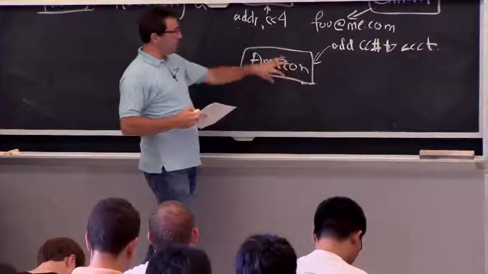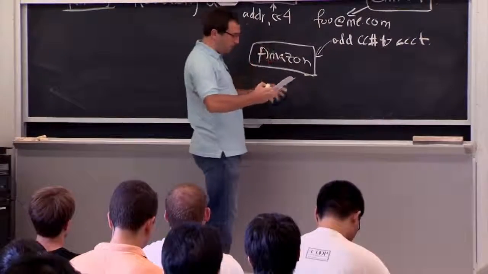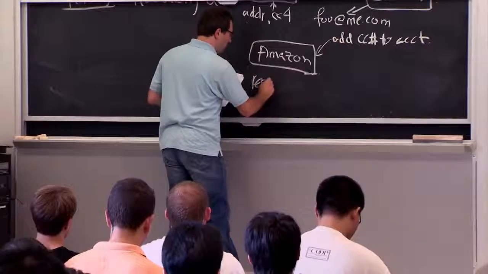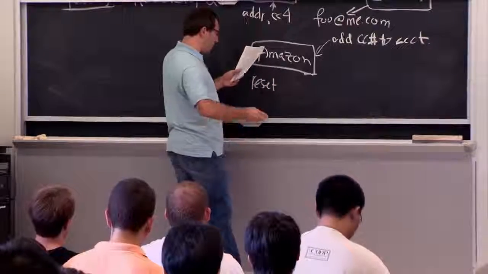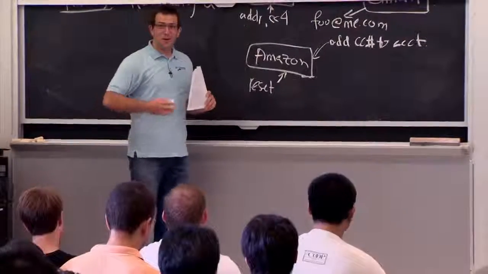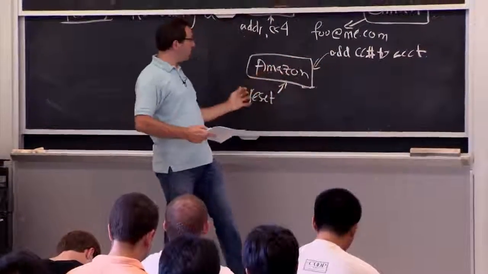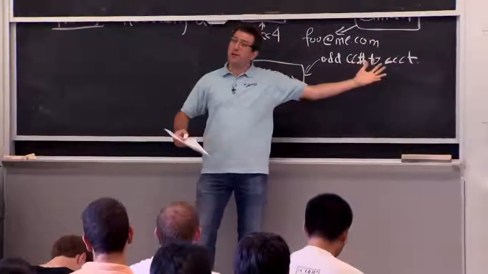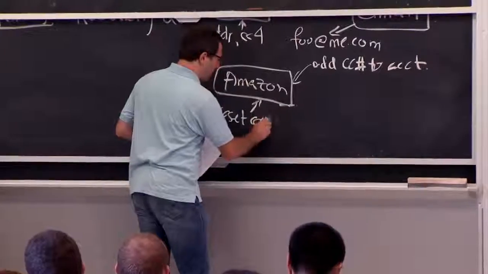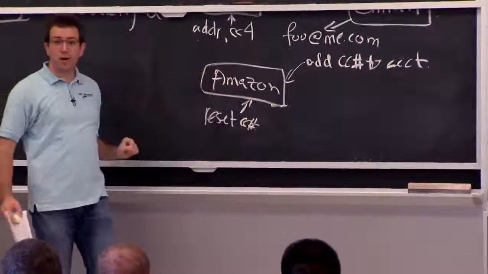But Amazon had another interface. Like all these are complicated systems. And Amazon had an interface for password reset. And in order to reset a password in Amazon, what you had to provide is just one of the user's credit card numbers. So I can order stuff and add a credit card number to your account, and then I can say, hey, I want to reset my password. This is one of my credit card numbers. And this, in fact, worked. So this is where the bad guy got a hold of this guy's Matt's Amazon account.